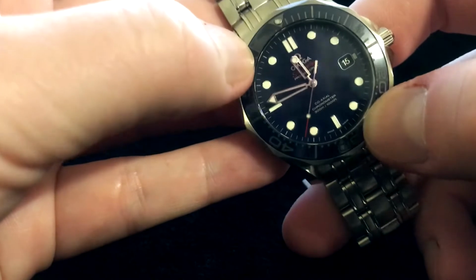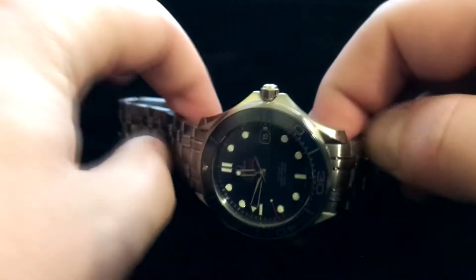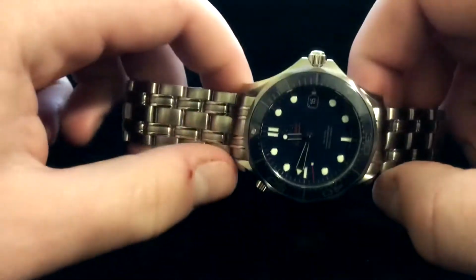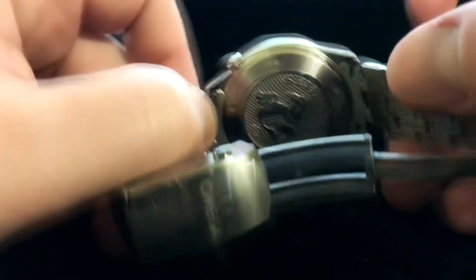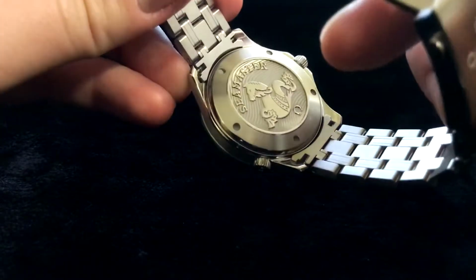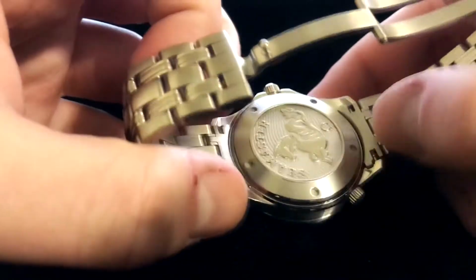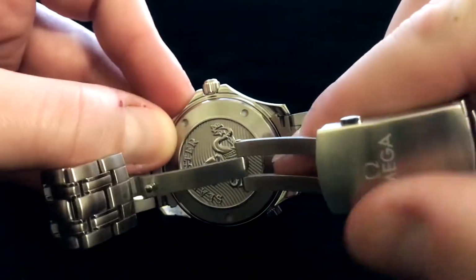Nice and, well, maybe a tiny bit of a wobble there. But overall, the build quality of this watch is really nice. Love the design on the back, that classic Seamaster logo there with the polished steel and the wave background. There's a laser etching here, which I believe they added in the early 2000s to